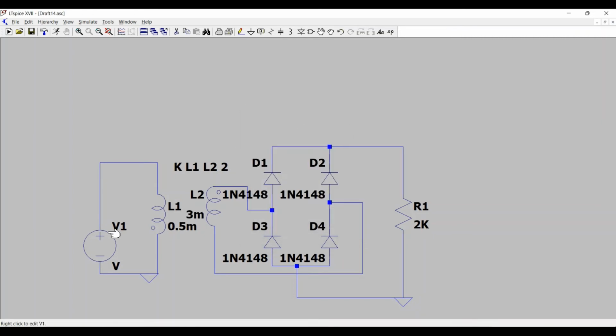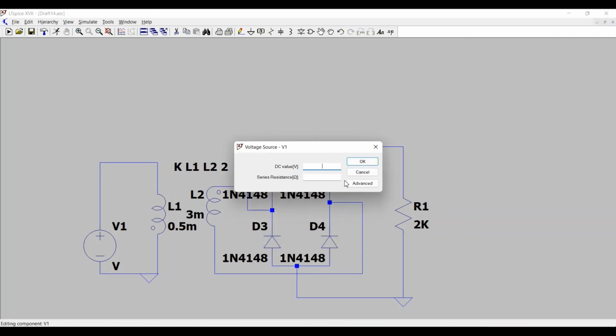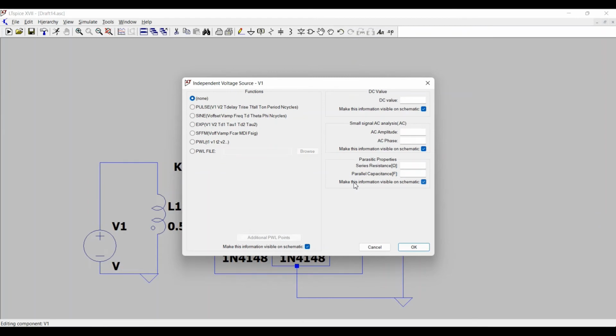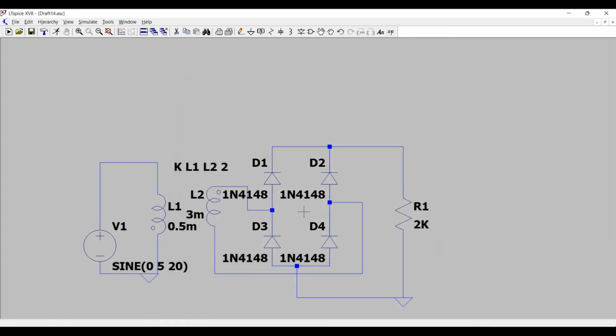Okay, now giving it as a sine pulse we will get. Offset is not required, so give it 0. Amplitude I'm giving it as 5, and frequency 20. Okay, and